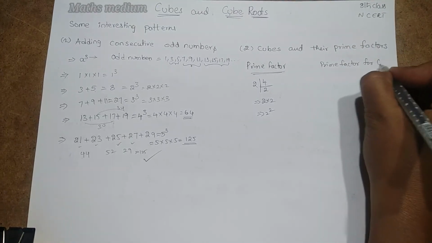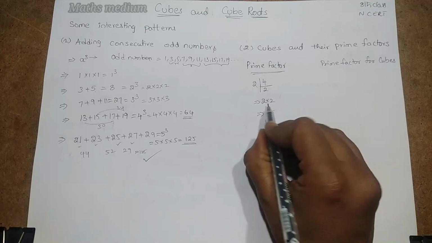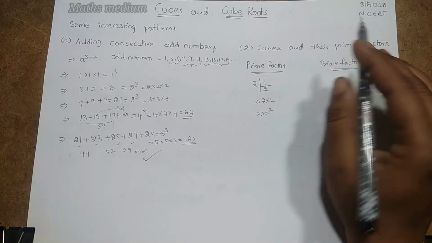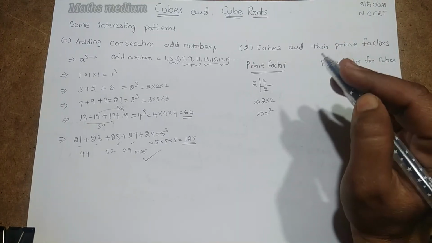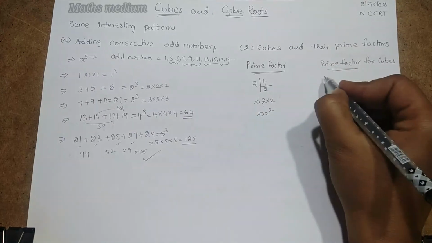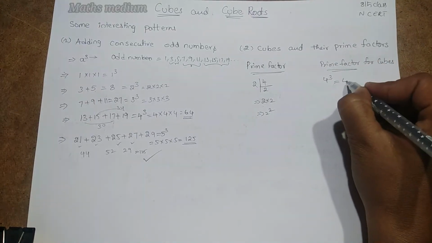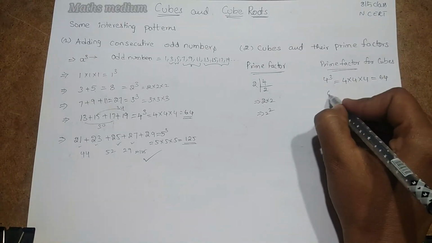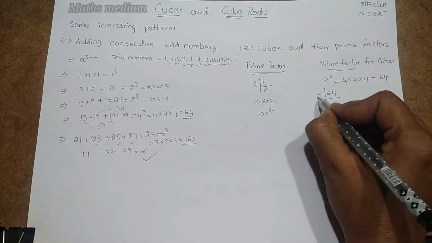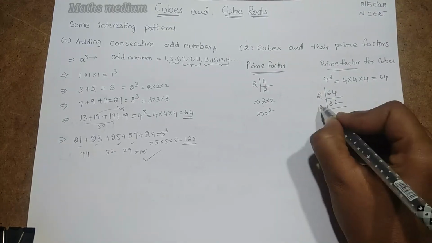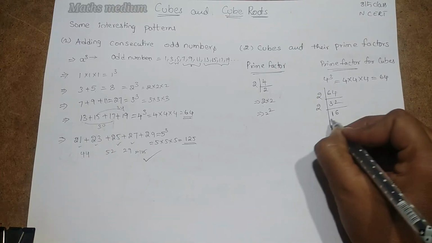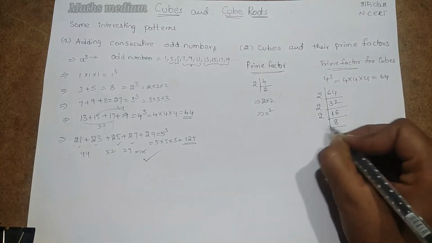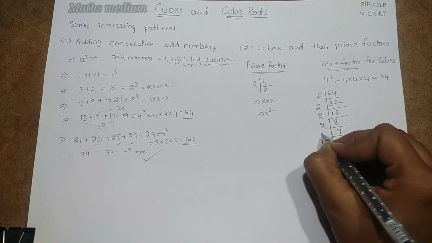for cubes? In a square, we are multiplying the number by itself 2 times, right? Here we are going to take that number multiplied by itself 3 times. Similarly, if you take 4 cube, how would it be? 4 into 4 into 4, that is equal to 64. Now make a prime factorization for this. 2 3s are 6, 2 2s are 4. Again by 2, 2 1s are 2, 2 6s are 12. Here again by 2, 2 8s are 16. Again by 2, 2 4s are 8. Again finally by 2, 2 2s are 4.